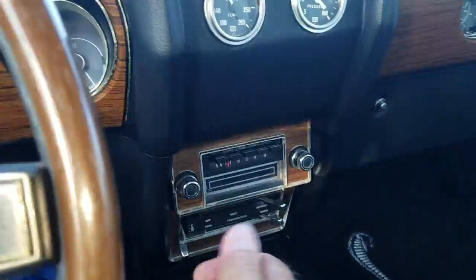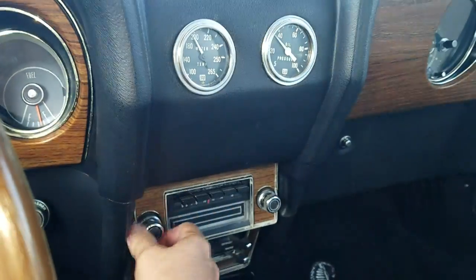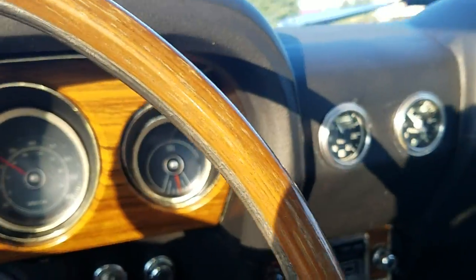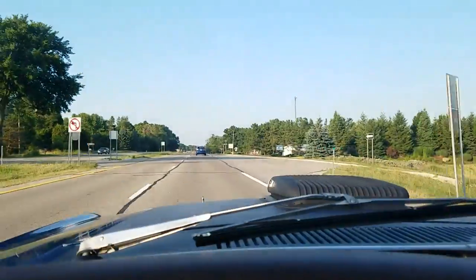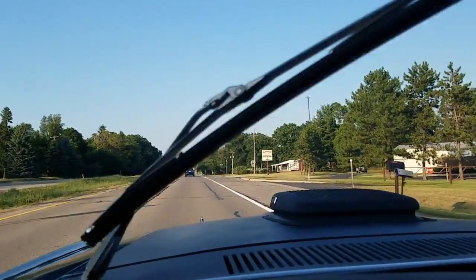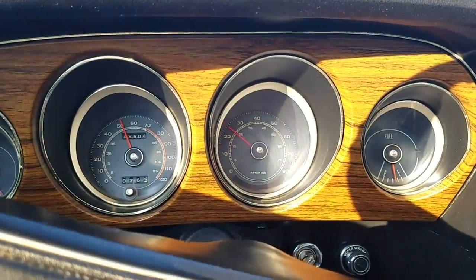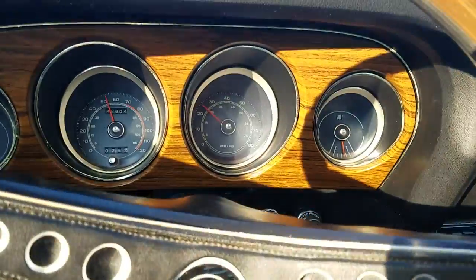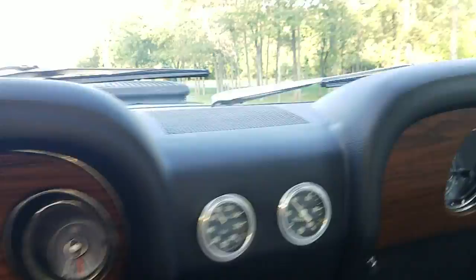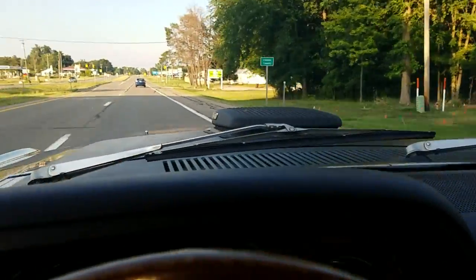AM 8-track. I don't know if anybody's broadcasting on AM anymore. I can hear the radio clicking. All the lights seem to work. Wipers are sleeping. The horn, the rim blow horn is not operational. Something you have to service. The clock does not appear to be ticking. But a really great original survivor car with